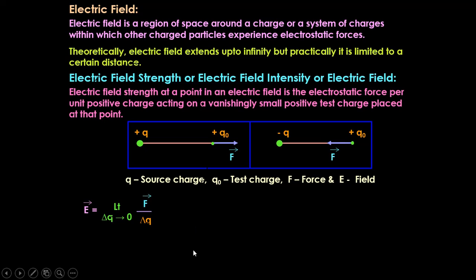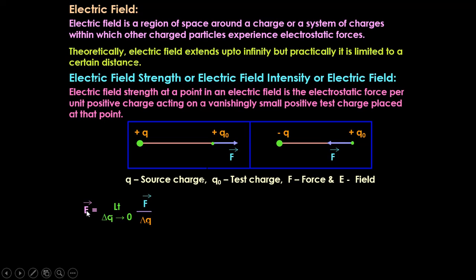If I reduce this 1 further, it becomes 0. So it should not be made equal to 0. In this particular example, the last value before 0 is 1. In the same way, the value just before becoming 0 is what we call delta Q. So mathematically we have written: electric field is equal to the electric force experienced by a unit charge when this unit charge is very small. We write very small as limit delta Q tends to 0. Limit delta Q tends to 0 means delta Q should be taken very small, just before the 0 value.